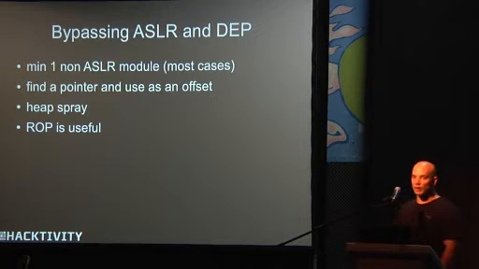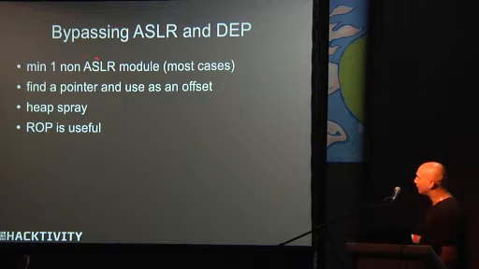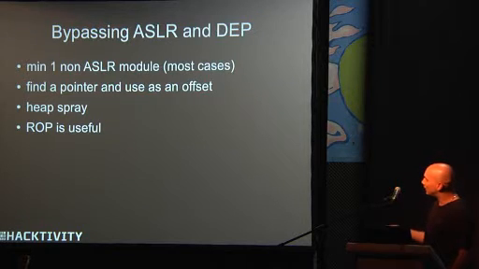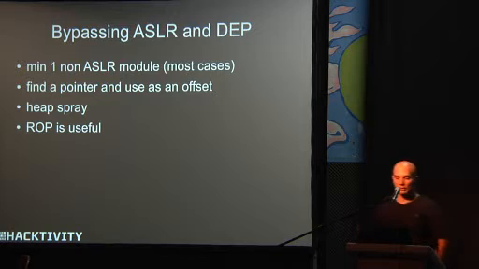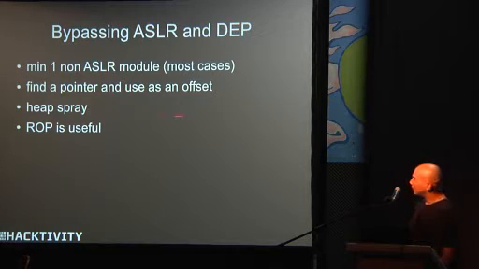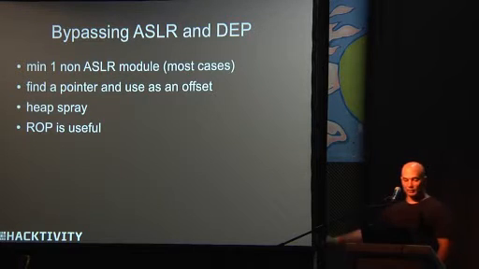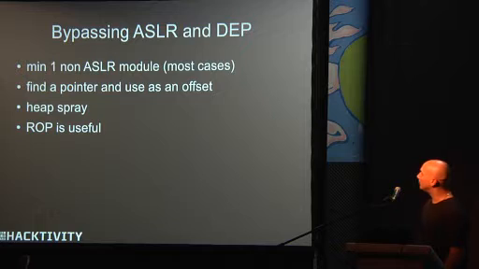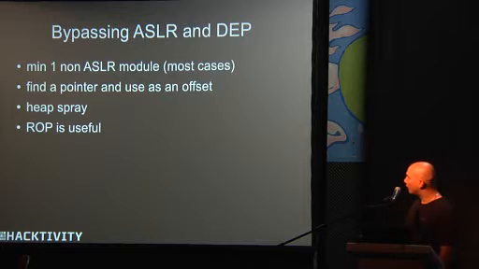This is true in about 99% of all cases. If we find such a thing, then we can build on it with fixed addresses. With the offsets we can reach modules and functions with which we can bypass DEP, and we are ready. Find a pointer and use an offset. This type of attack is again looking for a function within the given DLL with a certain offset, and we can